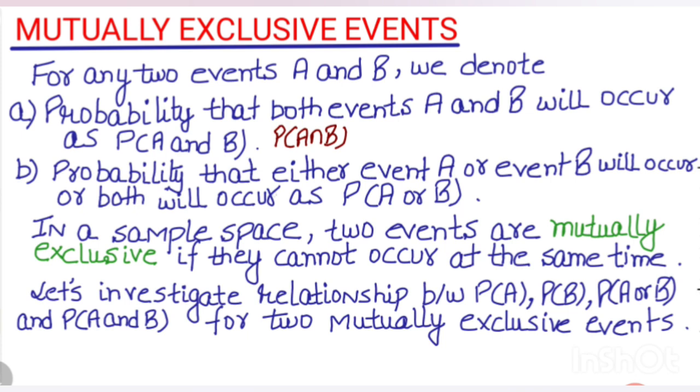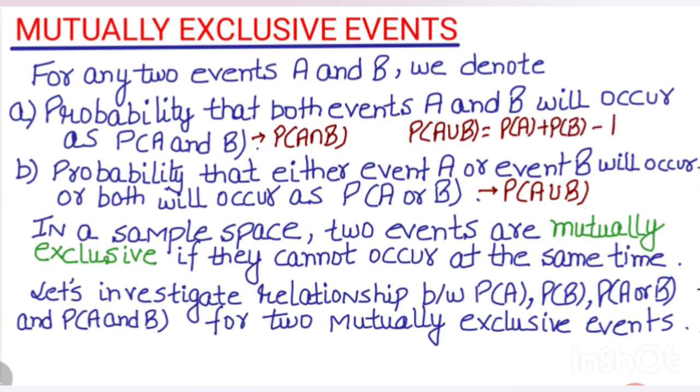Now the probability that either event A or event B will occur, or both of them will occur, is probability of A or B. It can also be denoted as probability of A union B. This is the sign of union. Now the formula for probability of A union B is equal to probability of A plus probability of B minus probability of